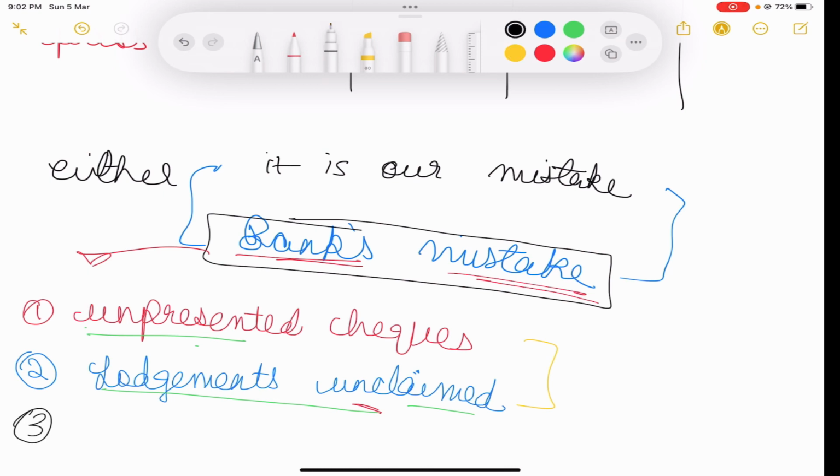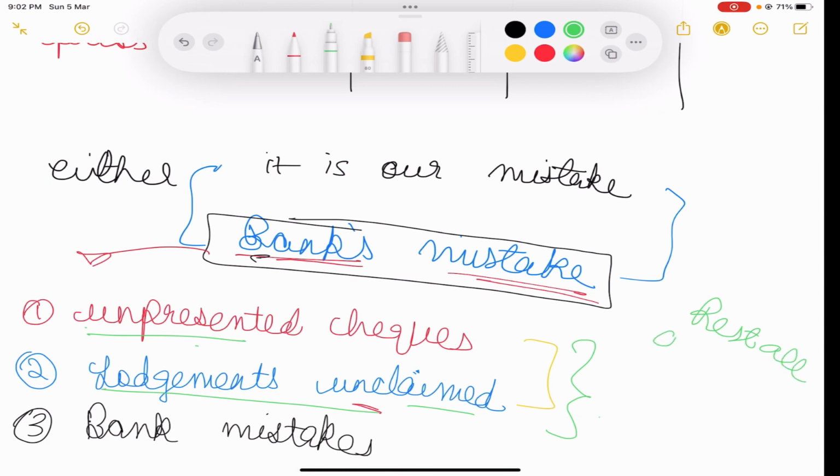What is the third mistake which the bank can make? Bank charges. Sorry, not bank charges, I mean bank mistakes. Like any other sort of mistakes which the bank commits, which will be given in the question. Okay, so these are the three types of mistakes which the bank can make. Rest all are my mistake. When I say my mistake, I mean the cash book mistake. Okay,